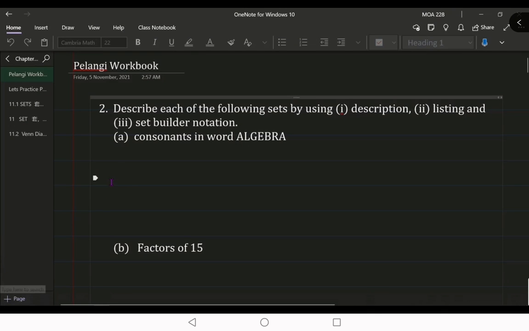Okay, 138. Describe each of the following sets by the description or listing and set builder notation. So you need to write down three of them. What is it going to say there? Okay, we are going to say number 1. We are going to use description. We can say that S is a set